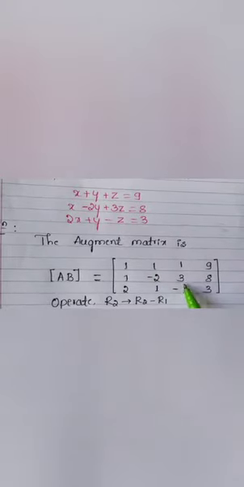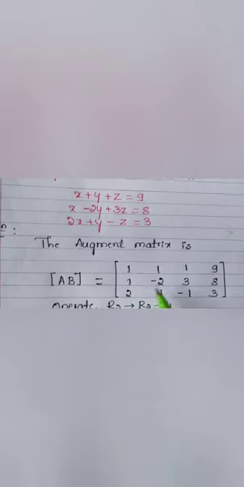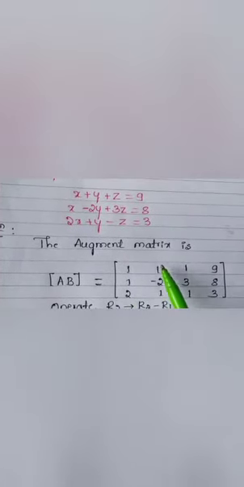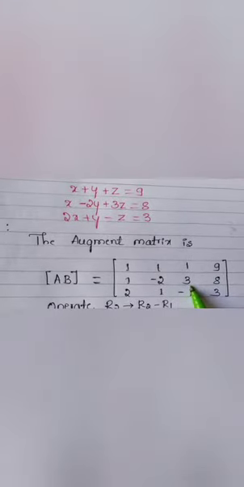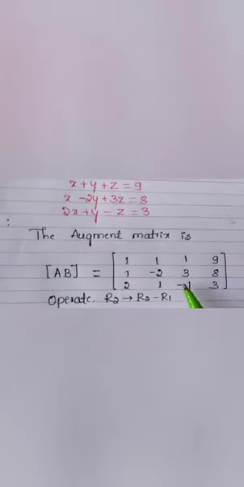According to the Gauss-Jordan method, we make this matrix a diagonal matrix. The principal diagonal elements are 1, minus 2, minus 1. Above the principal diagonal the elements are 1, 1, 3, and below the principal diagonal the elements are 1, 2, 1. Our idea is to make the 1, 2, 1 zero, and likewise the 1, 1, 3 also zero. Then the matrix becomes a diagonal matrix. Thereafter we get the values of x, y, z by the Gauss-Jordan process.